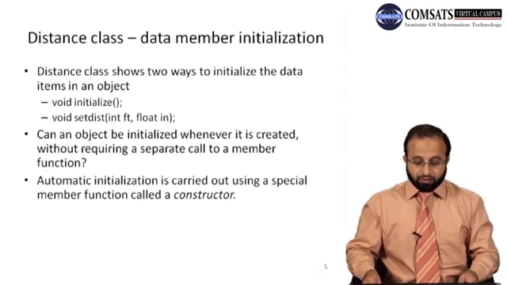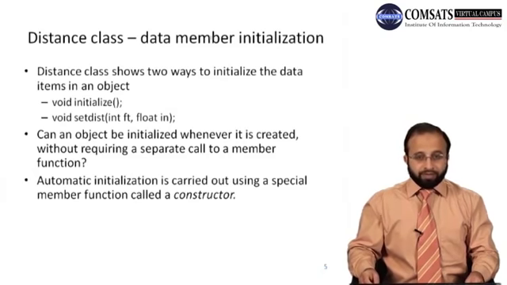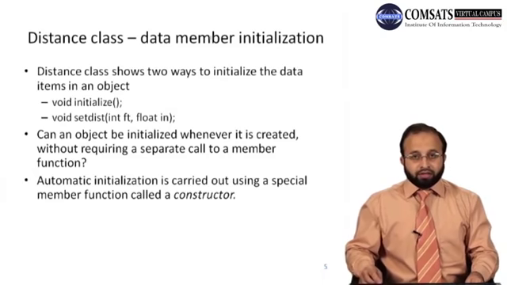It is carried out by using a special member function called a constructor. So by using a constructor you can initialize the private data members of an object implicitly. Implicitly means that it will do it automatically. You just create an object, for example distance d1 semicolon. So you just create an object. Now in the back end, when the object is created,